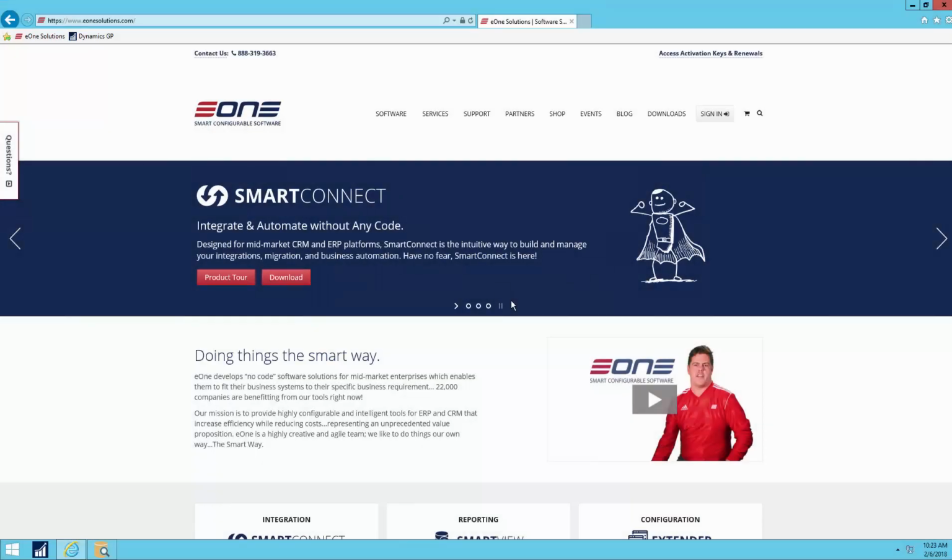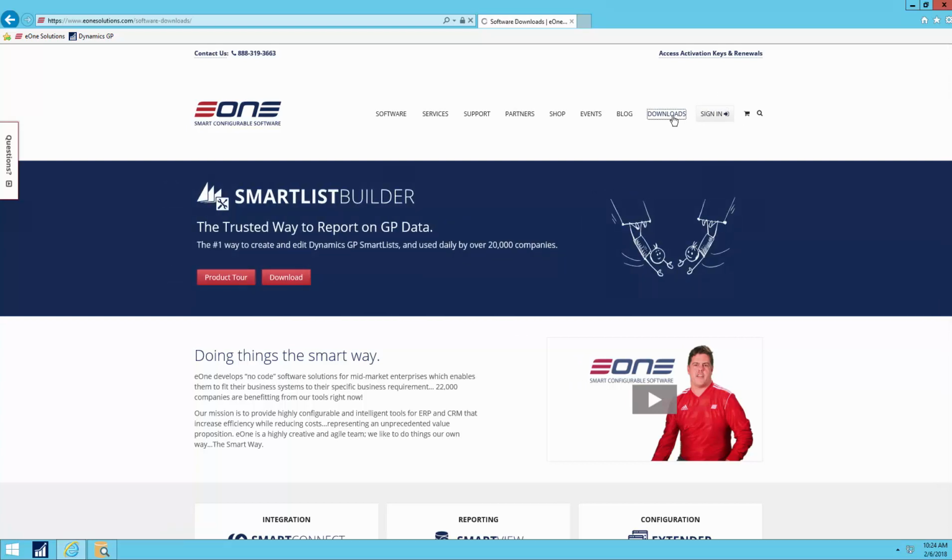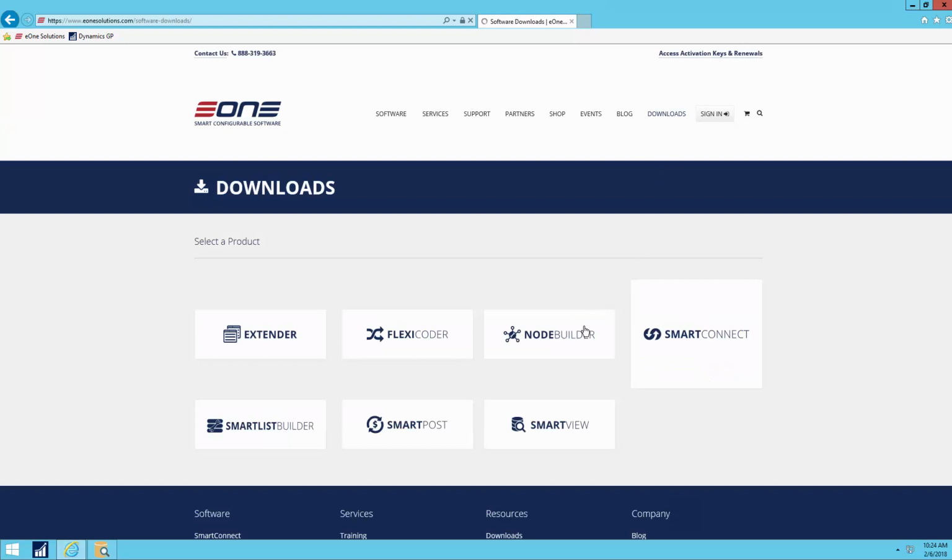I also invite you to take a look at SmartView. You can do so by going to the e1solutions.com webpage, and you'll find SmartView by going to Downloads over towards the top right. From here, you can select SmartView,